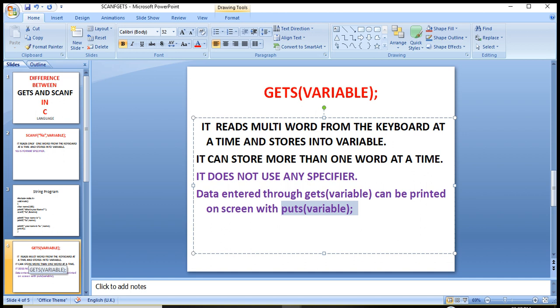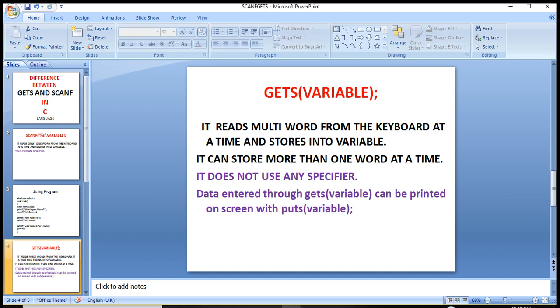So what's the difference? Scanf takes a single word, and gets can take more than one word. This is the main difference.